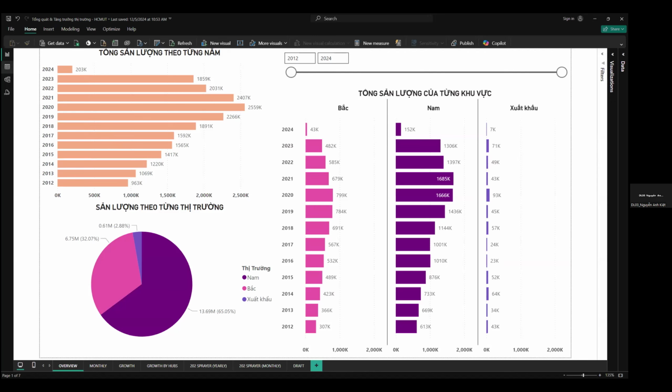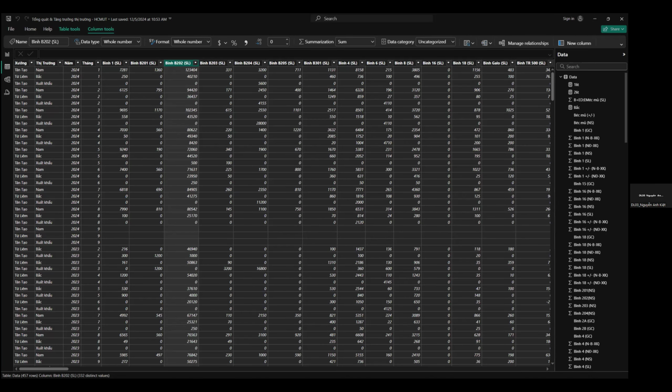Let's begin with a brief overview about the datasets of this analysis. Due to the shortage of time, we will only focus on the overall trend and fluctuation of the total sales volumes of Đức Đạt Company and their key product, which is the 202 sprayer. Moving back to the dataset, there are some key columns that will mainly be used in this analysis, which are xưởng, thị trường, năm, tháng, bình 202, and tổng sản lượng. Each of these columns will be used throughout the analysis in order to get the insights of sales volume of